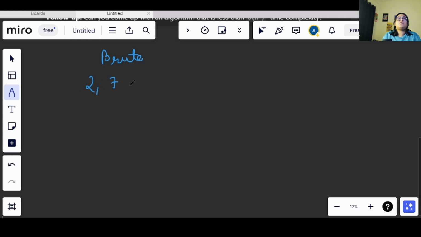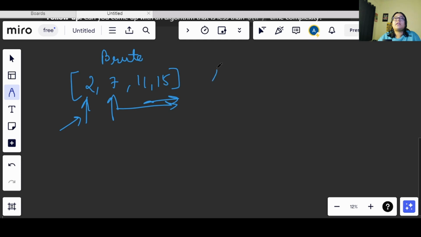So we have been given 2, 7, 11 and 15, right? So what I will do, I will use one pointer to iterate each and every element once, and the other pointer will start from the i plus 1th value, and it will iterate every time to check if we can get the target value or not, right? Here target is 9, right? So basically what I am doing here, I am starting the iteration from 0 and I will go till less than n minus 1, right? I will go till here only.